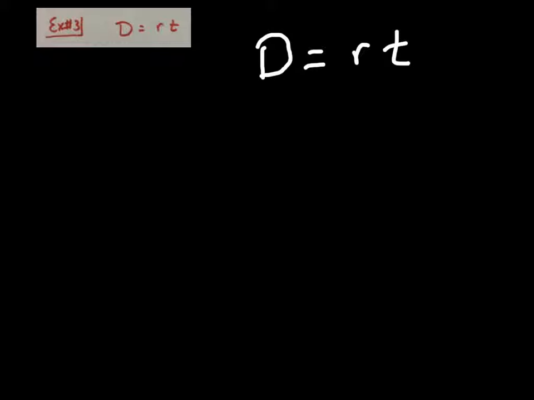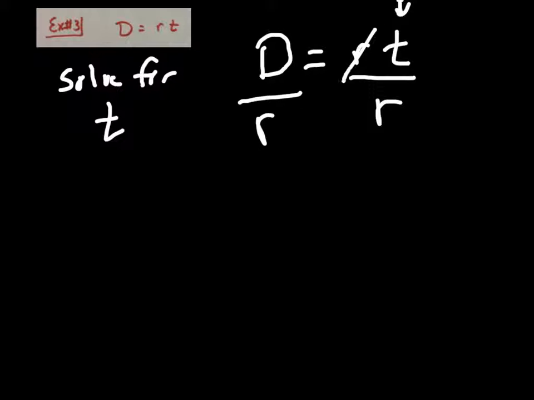Let's say on this one I'm going to solve for t, or rearrange for t. So I want to get t alone. If you want to give it a try, pause the video, feel free. I'll give you the answer in a moment. And for this problem, because it's multiplication again, whoops, I did that incorrectly. The time that I'm going to work on here is going to be solved, and I'm going to get a result of t equals